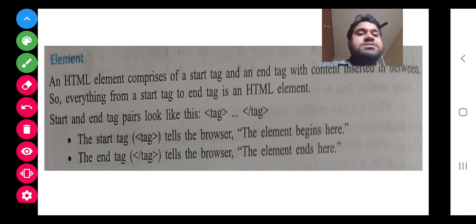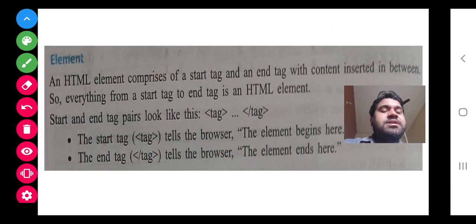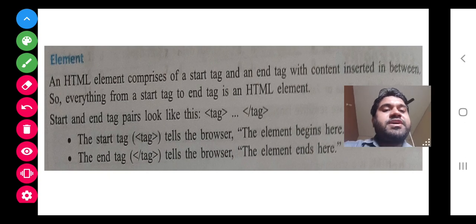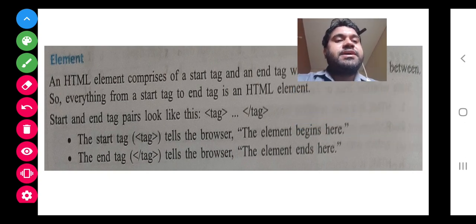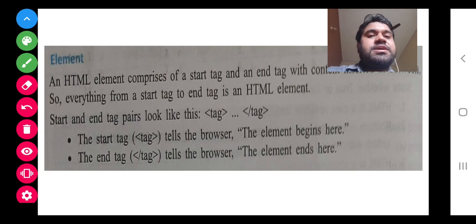Now next is the elements. Now elements, an HTML element comprises the start and close. This is the tag only, but they are specifying that it should start with a particular tag and it should close with a particular tag. So that is a part of tag only, that which are the tags that we can use, like everything is not an element. An element is that which the computer can take. For example, if you are writing HTML, it is fine. If you are writing something like HTML introduction in a tag, so that will not be an element. So class, that's it.